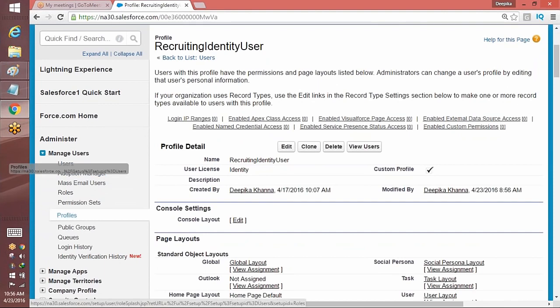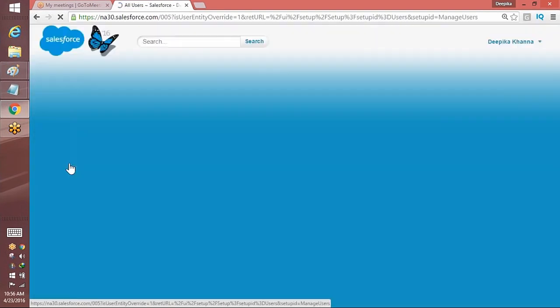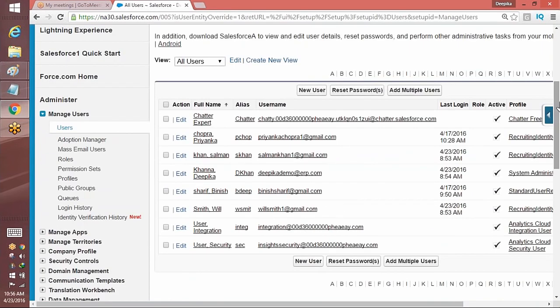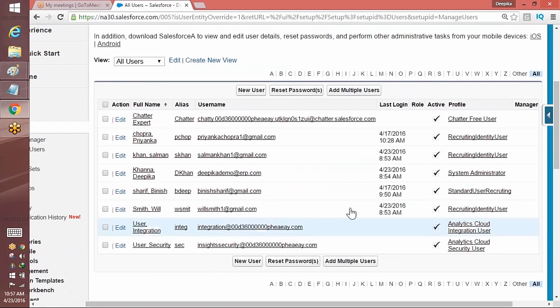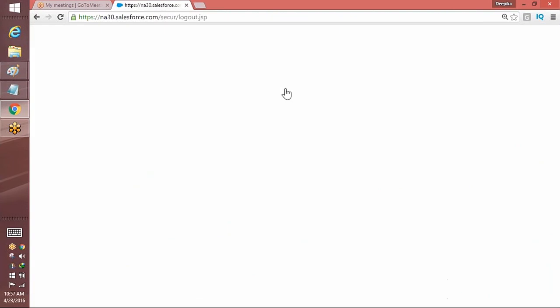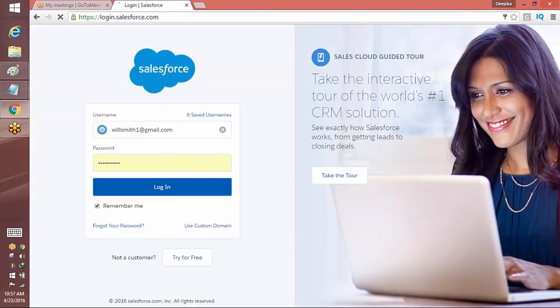So now if I wanted to give it to Salman Khan, where do I have to go? You go to his name. Because all of these have the same profile, all of them will be able to create it, right? Because the profile is the same for all of them. Are you following everyone, Shikha, Binish? Okay, good. So now I will go ahead and create some records